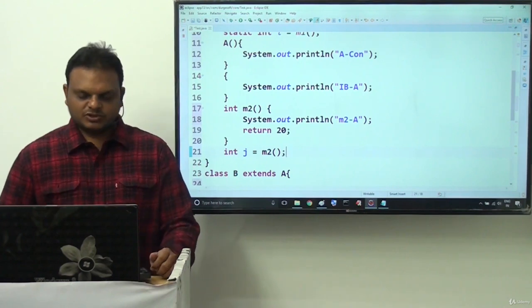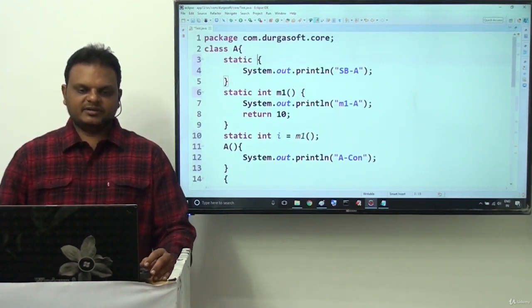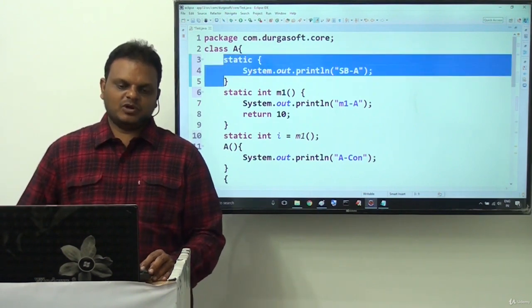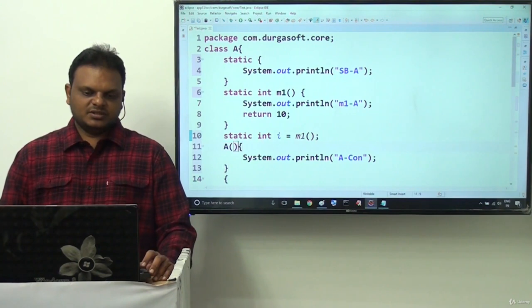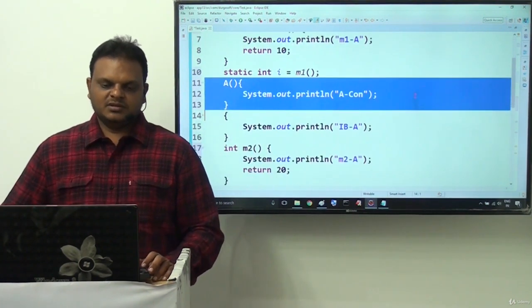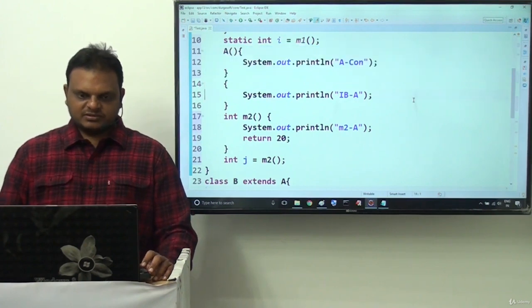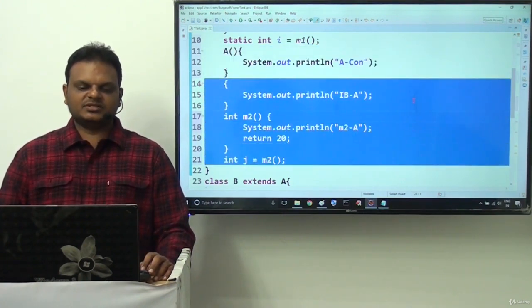So that is what I have taken in class A. First we have taken static block, static method, static variable. This is static context. Next we have taken the constructor. Then after this constructor, instance block, instance method and instance variable.